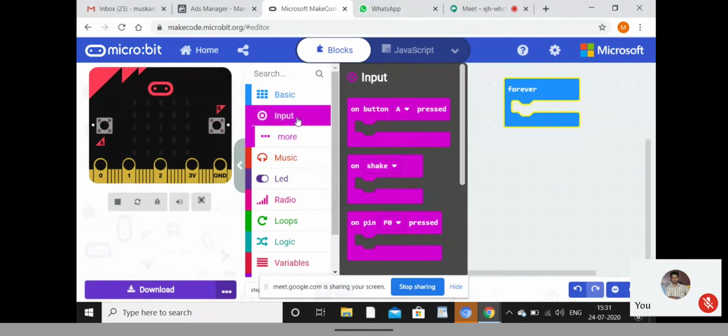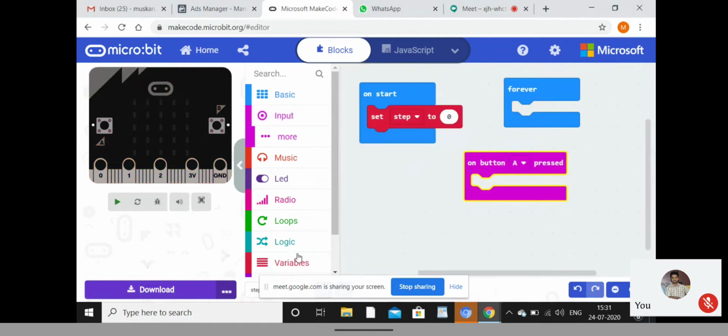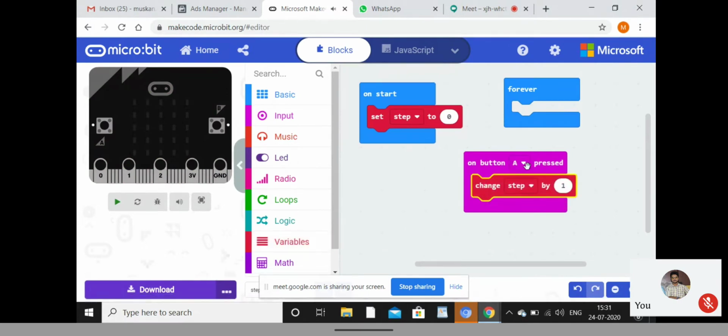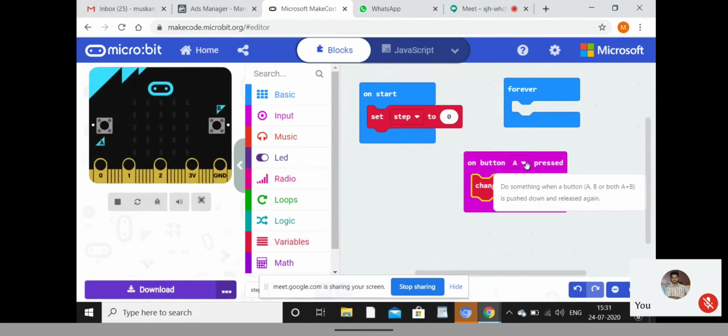No, not in forever. In forever, we will show on the screen the number of how many steps you moved, right? In on button A pressed, we will keep the change. Whatever change there is, when you press the A button, it will be added to this one.